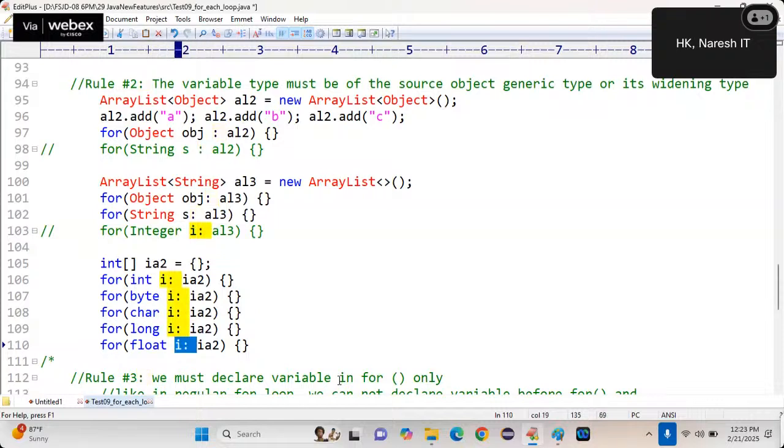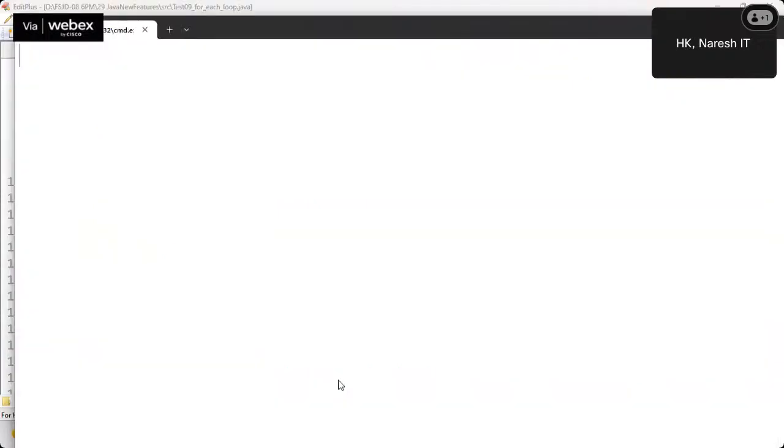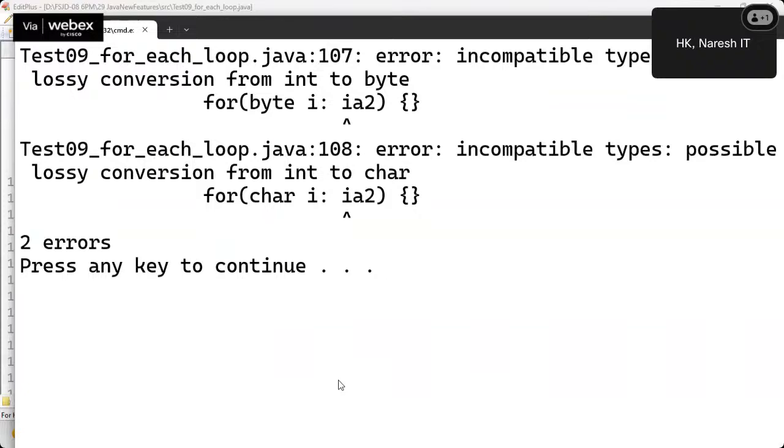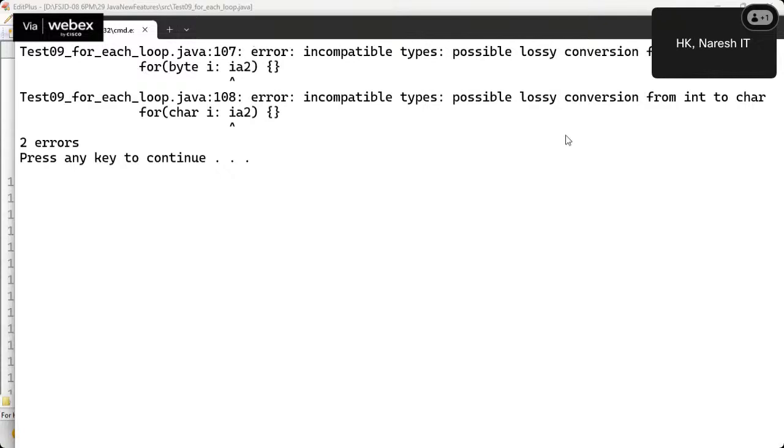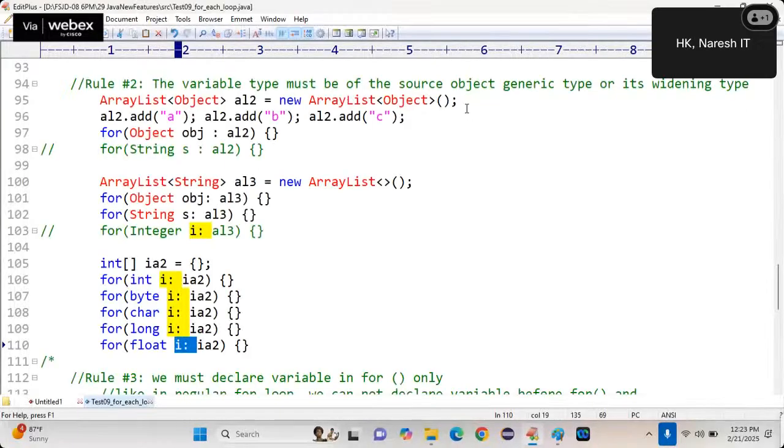Yes. Int can be assigned to float? Yes. Possible lossy conversion from int to byte, possible lossy conversion from int to char. Okay, done. Hope the second rule is clear.